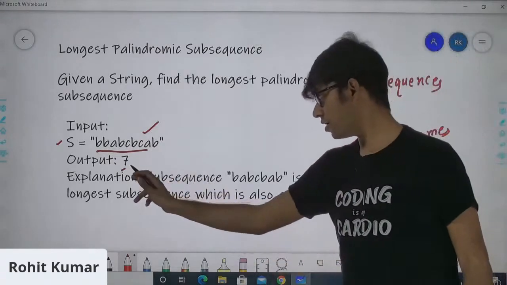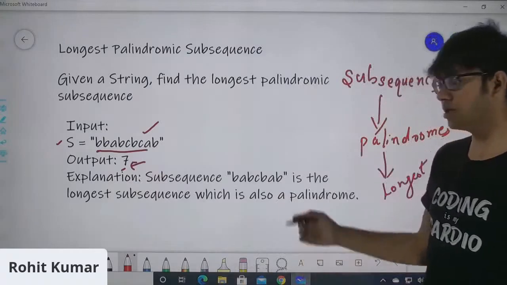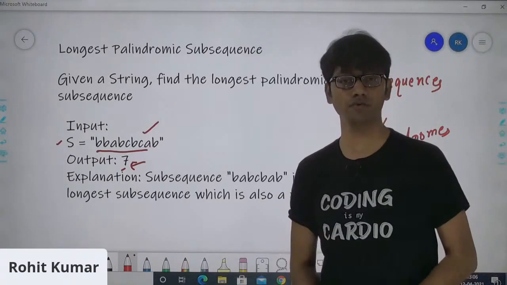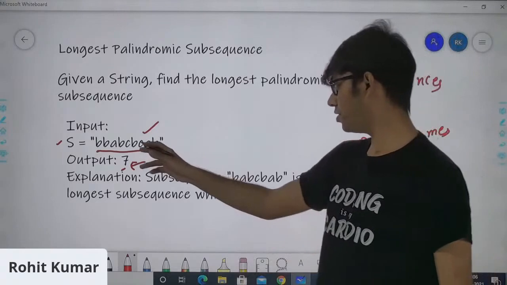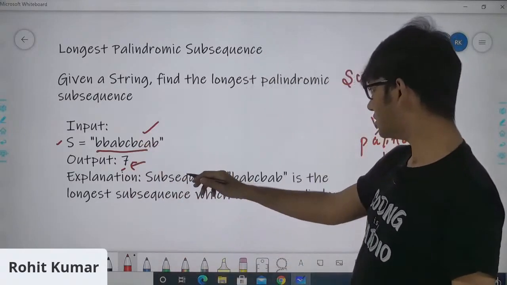Now, let me explain how we are getting this output 7. Then I think when I go with the logic, that will make more sense to you. So see over here what is happening. If you consider this portion